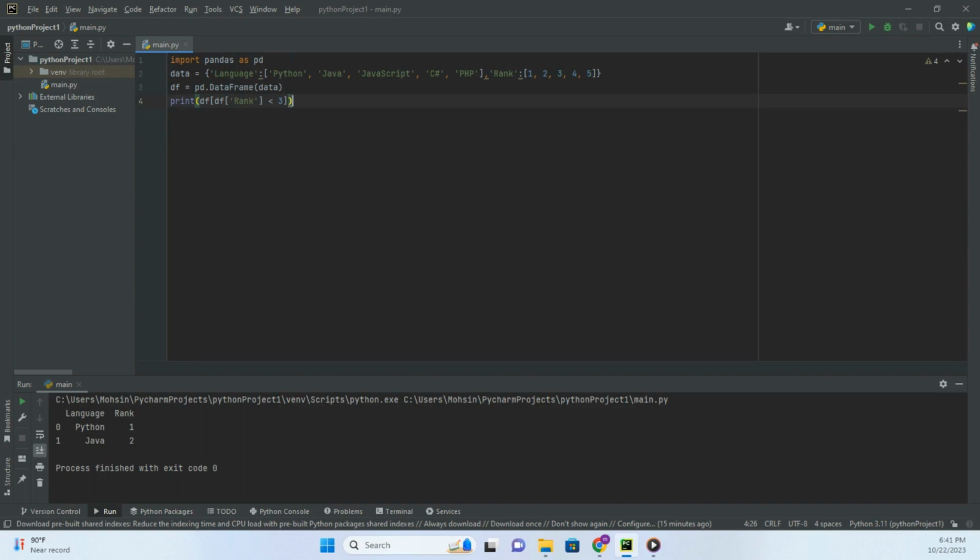That's all for now on Dataframes in Pandas. We covered a lot, including what Dataframes are, how to create them, and how to